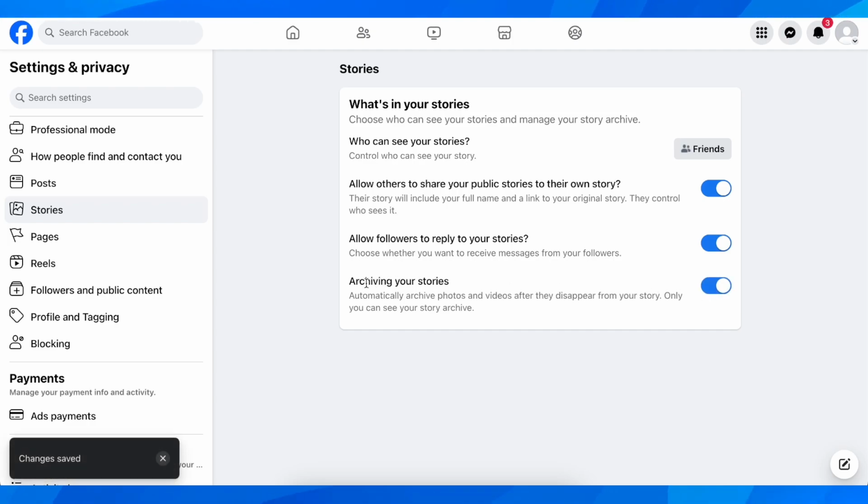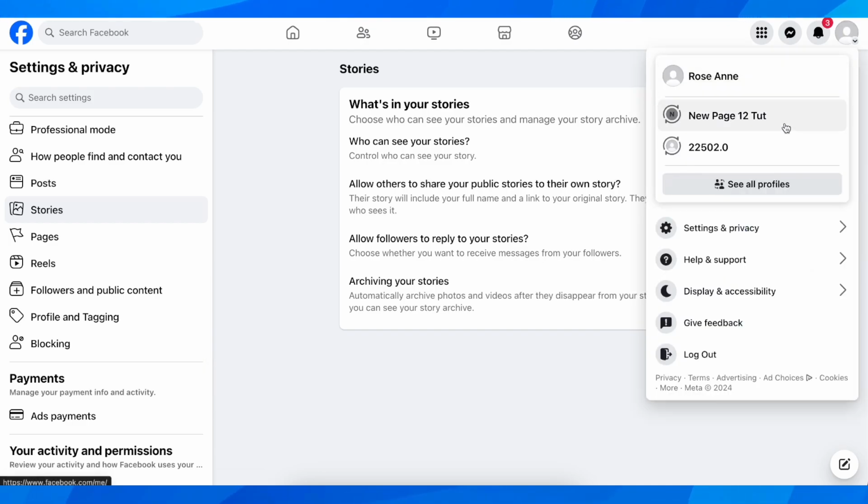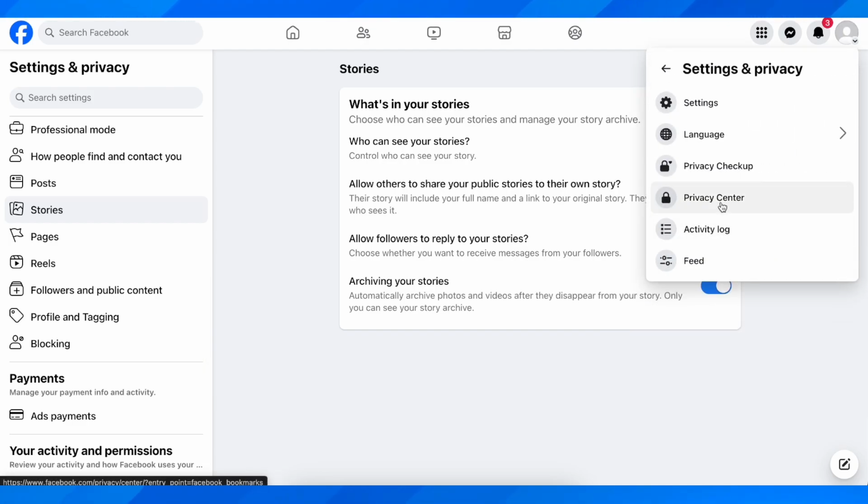So as you can see, archiving your story, so automatically archive photos and videos after they disappear from your story. So this is important because if you don't have this enabled, basically you're not gonna be able to see your old stories. Now after you do that, what you're gonna have to do is simply go to settings and privacy